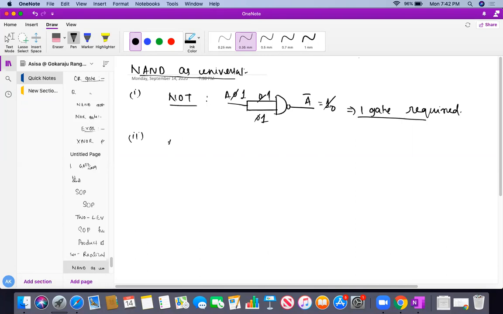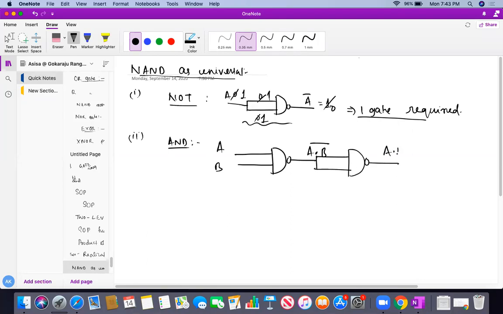Next we'll go to the AND gate implemented using NAND gates. It's very simple. You just require two NAND gates. How? As we know, this is a NAND gate, so this is obviously (AB) bar. If I put a NOT gate here, and as I have already implemented the NOT gate using a NAND gate, I'll just implement it like this. Then it will provide me (AB bar) bar, which is A and B, so it will give me AB. How many gates are required? Just two NAND gates are required.